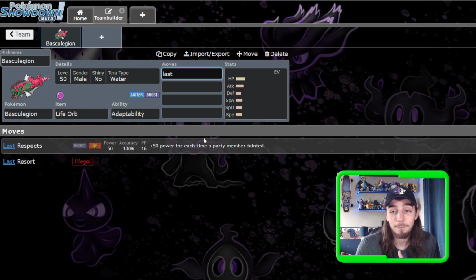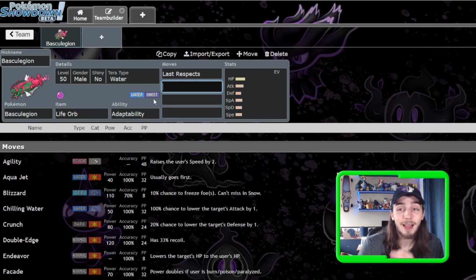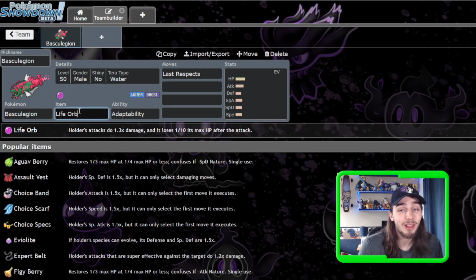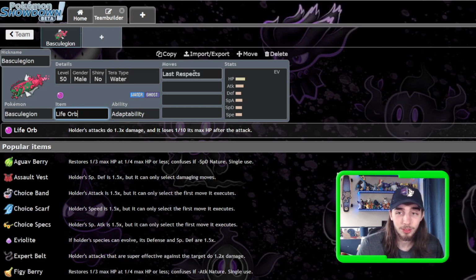You get your late game Last Respects. And I think that's something to be said, because of adaptability boosted Last Respects with a Life Orb. Maybe you go something like Terra Ghost. I think you probably don't. You probably want maybe a defensive Terra or something along those lines,